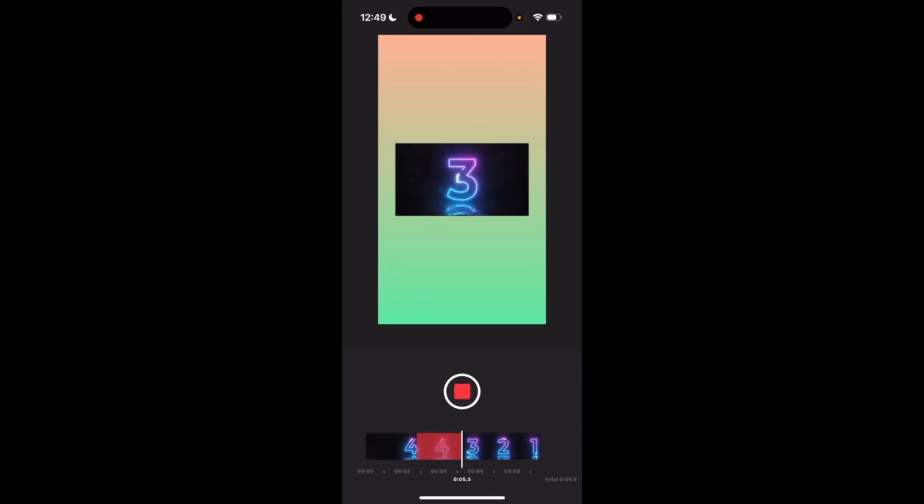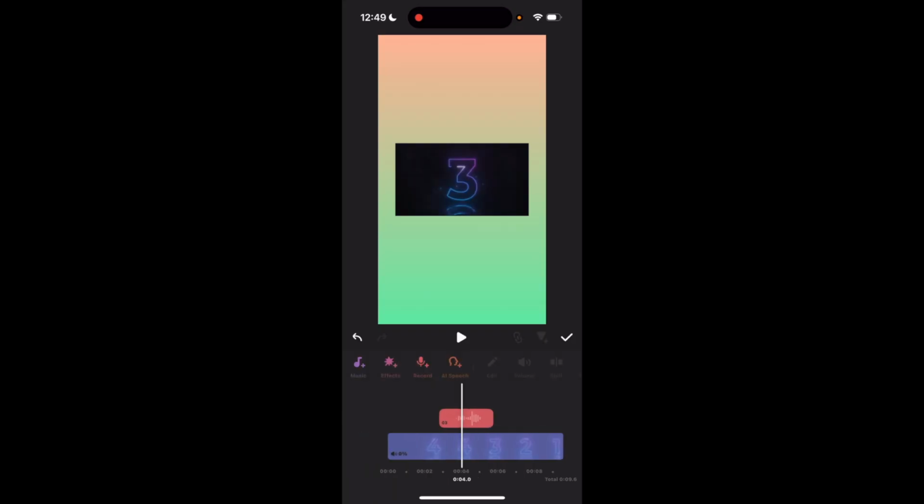Example audio. There's my audio right there. So here I'll just go ahead and play quick. Example audio. But if you wanted to trim maybe the before and after, for example, go ahead and press on